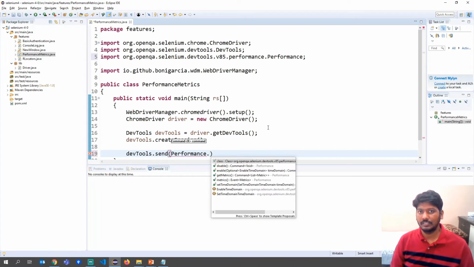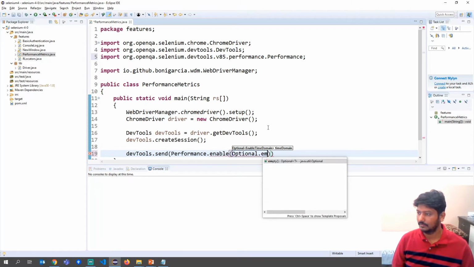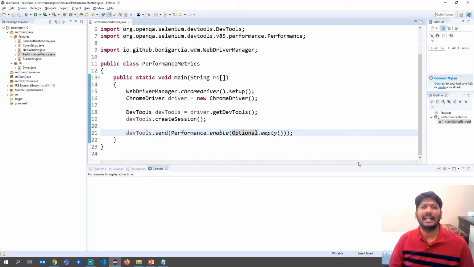We'll say performance dot enable, and then we will have one more thing as optional dot empty, so that if there are any empty things, it will not worry and it will not throw any error.